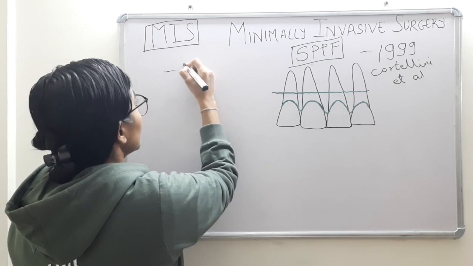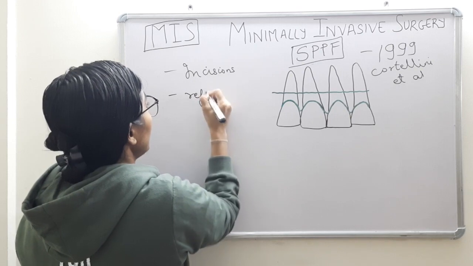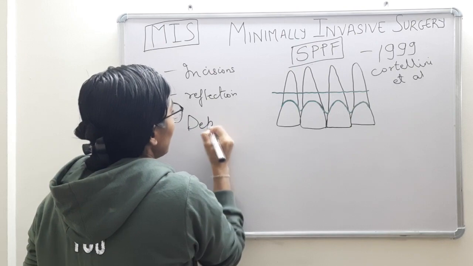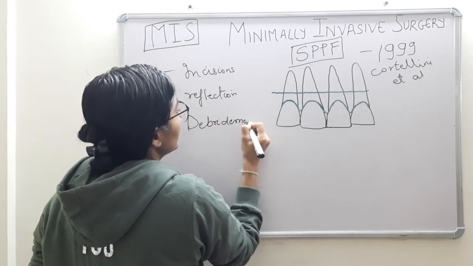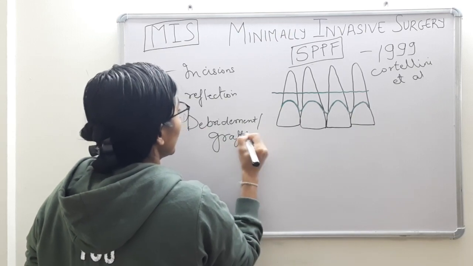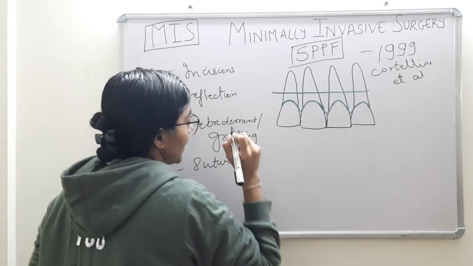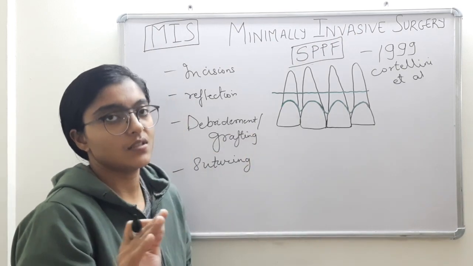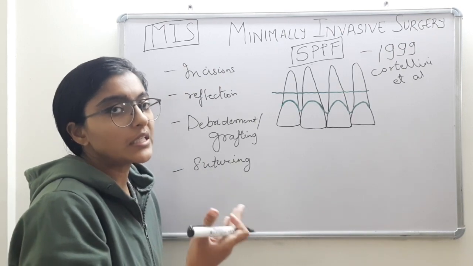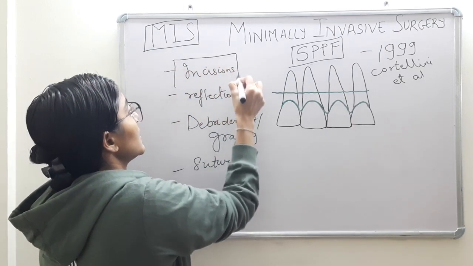In any surgery, the steps are incisions, flap reflection, debridement, grafting, whatever is indicated, and the final step, suturing. Periodontal dressing, as already discussed, if regenerative is attempted, periodontal dressing is anyways not allowed or not indicated because it imposes unnecessary pressure on it. Okay. So we will discuss the incisions first.